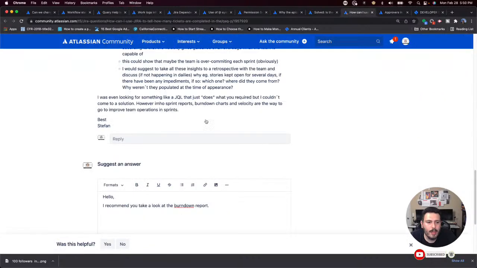Okay, so let me see what I can do. Sprint burn down chart report. It might not do exactly what you are asking for, but it will tell you what happened during your sprint with timestamps.